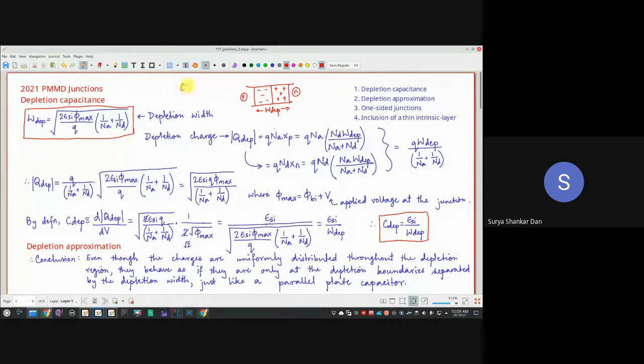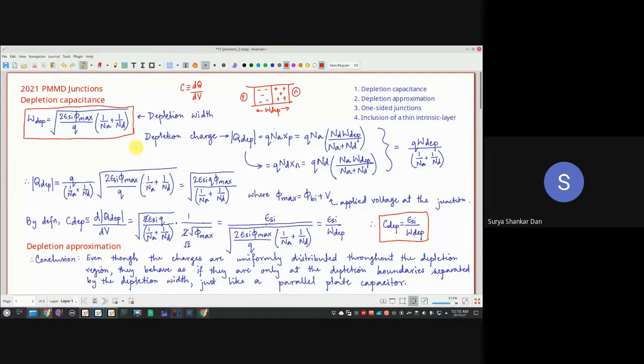ओके, नाउ सो अगर कोई चार्जेस निकालना है, then the basic concept of capacitance, how is it defined? It is defined simply as dQ/dV. ठीक है ना, तो वही हम यहाँ पर कैलकुलेट करेंगे. Where is this Q? Q is the charge in either the n side or in the p side. Correct na? Because that is the charge which we are going to have. Okay, so we know as of now that these charges are spread out throughout this depletion region. Remember, it is uniformly spread out inside the depletion region. So we will just go by the first principles of calculating the capacitance.